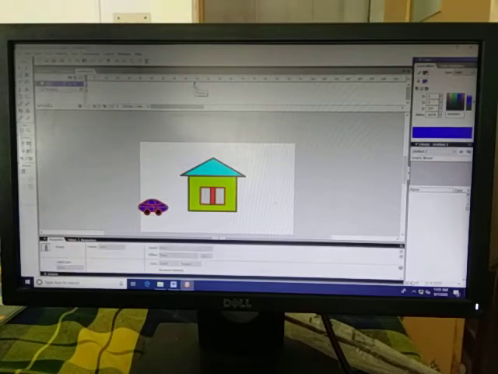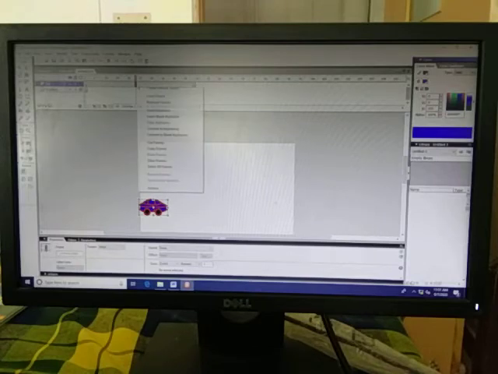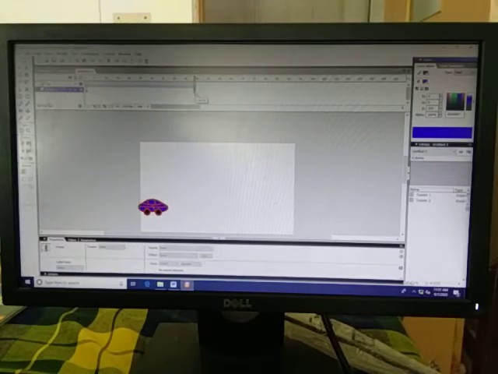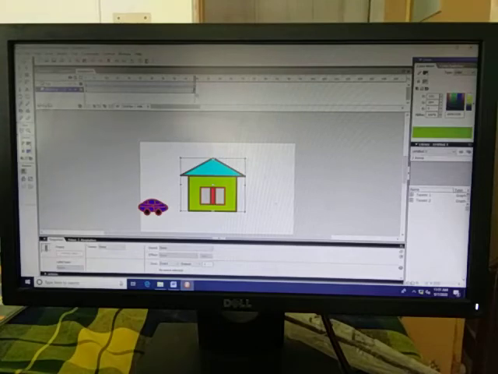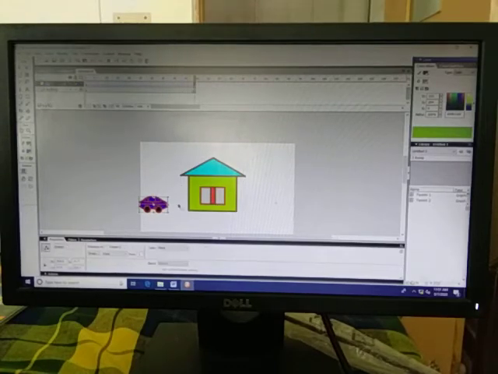So first I am going to show it. F6 and then apply there. Create motion, and on building I have applied F6, means I am inserting a keyframe here.